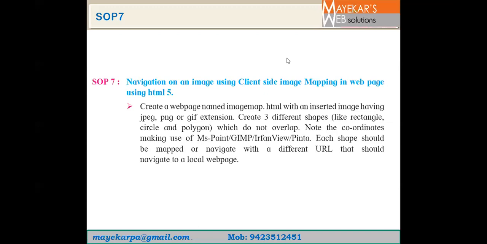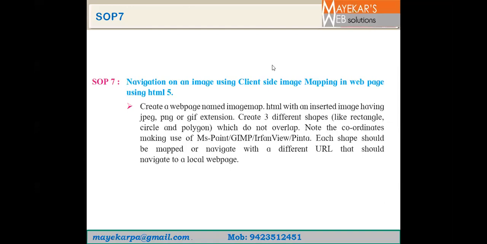Okay, means either we are going to create a hyperlink to any website by using a URL, or we can create a hyperlink to any other web page which is stored in your file or folder. So here we are going to create an image map, and we have to create multiple hyperlinks to a URL as well as any local web page. So this is the practical which we have to do.